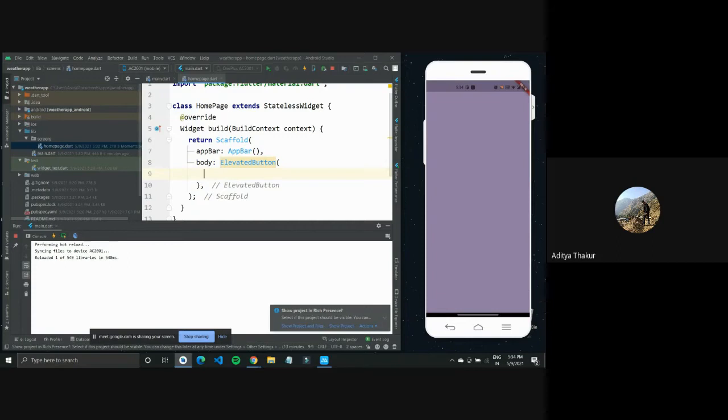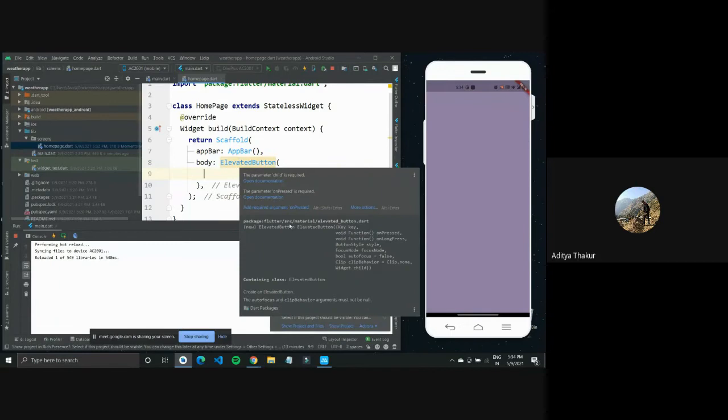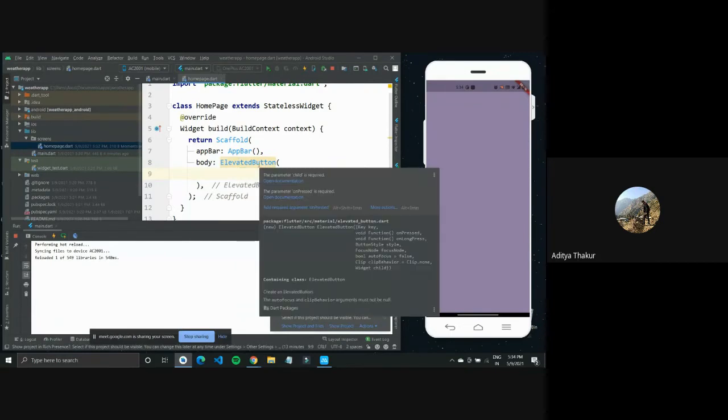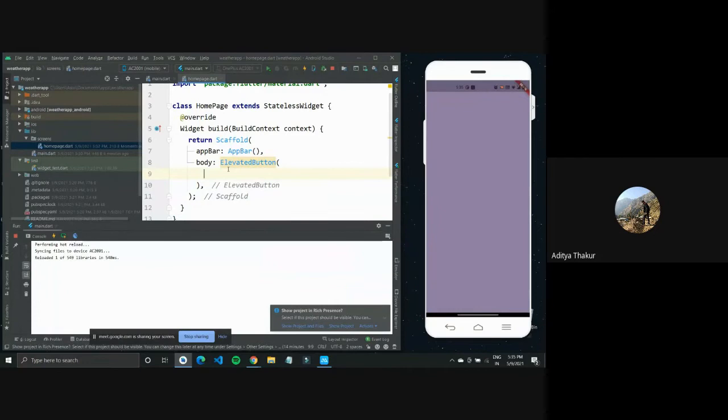We saw buttons yesterday, right? Buttons have on pressed and a child property that we can tap into. How do I know that? One thing would be that it comes with experience, but other than that, you can just go over to your widget and check what all properties are available. One is it takes in a child which is of type widget. Then it also takes in on pressed which is of type function. So you can tap into these properties.